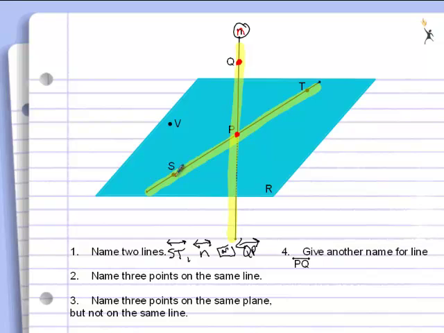I want 3. Well, here's S, P, and T. Those are on the same line, and those are called collinear. On the same line means collinear. Co meaning the same, linear meaning line. If you're co-workers, you are the same workers at the same job, so to speak. Collinear meaning the same line. And we're going to say point S, point P, and point T are all on the same line, or SPT are collinear. And I'm sorry you can't really read that very well. Let me write it again. That is called